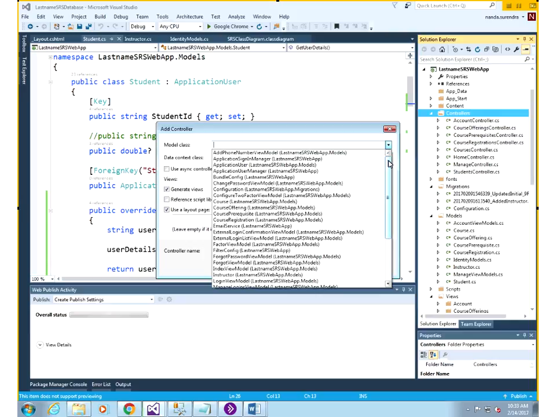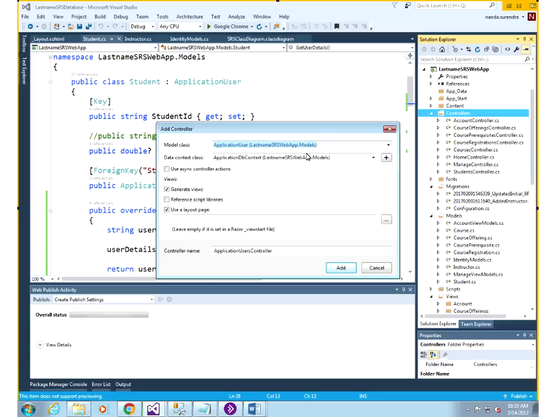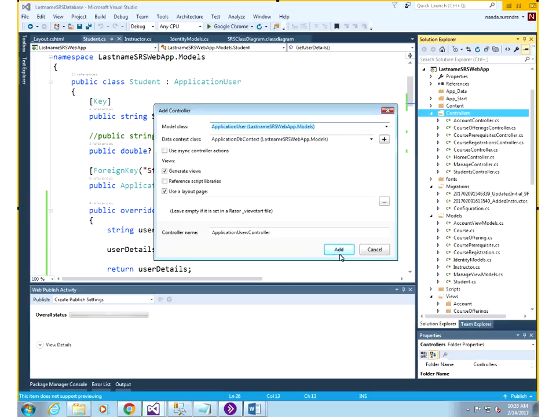Identity model will be the file name, but inside identity model there are these two. Application user is the name of the class. So if you choose application user and say add,